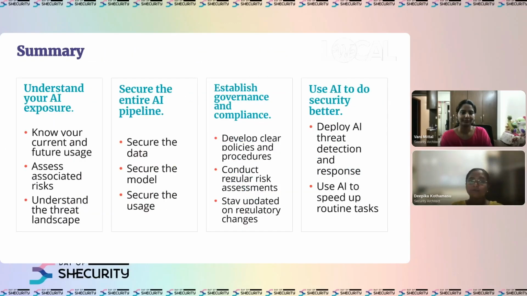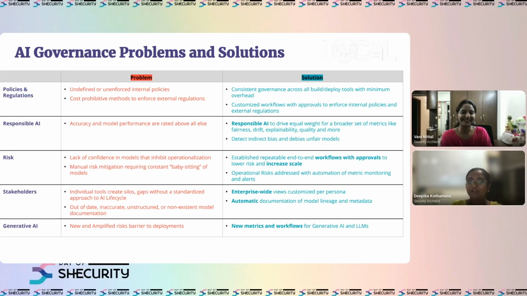So lastly, one slide back. These are some of the problems on the left-hand side: problems with AI policies, responsible practices, and so on. On the right-hand side, we have given some solutions for how we can make sure these challenges are taken into consideration and converted into opportunities that we can innovate on and trust, so that we can build transparency in AI systems. These slides will be shared for later consumption. You can look at the solutions proposed for the various personas and scenarios. So let's go to the last slide.